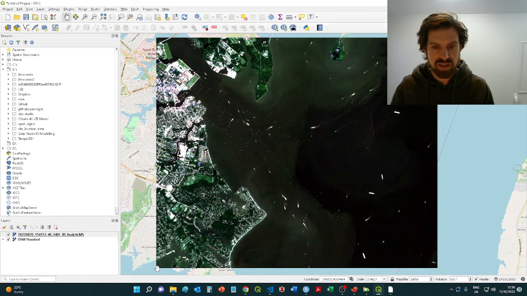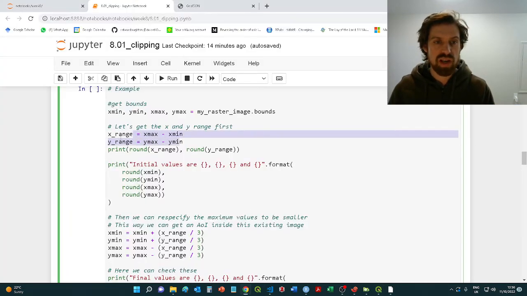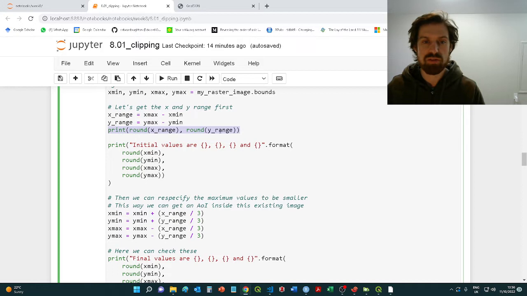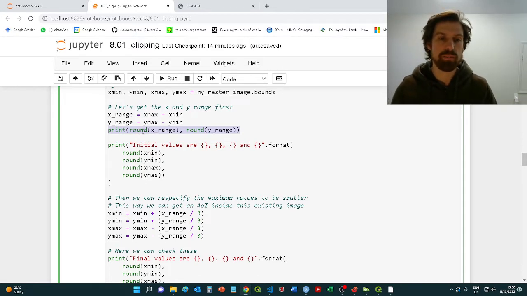So the minimum x is here, the maximum x is over here on the right hand side, and we've subtracted them so that we can get this range value inside here. Okay, you should just be able to see on my screen the hand bar moving along this x-axis, and when we get those min and max points, it allows us to respecify along this interior part of this axis. Okay, we can do the same for the y range as well, and what I've done is I've just printed out that x range and the y range value here, which should be in meters, and I've rounded them